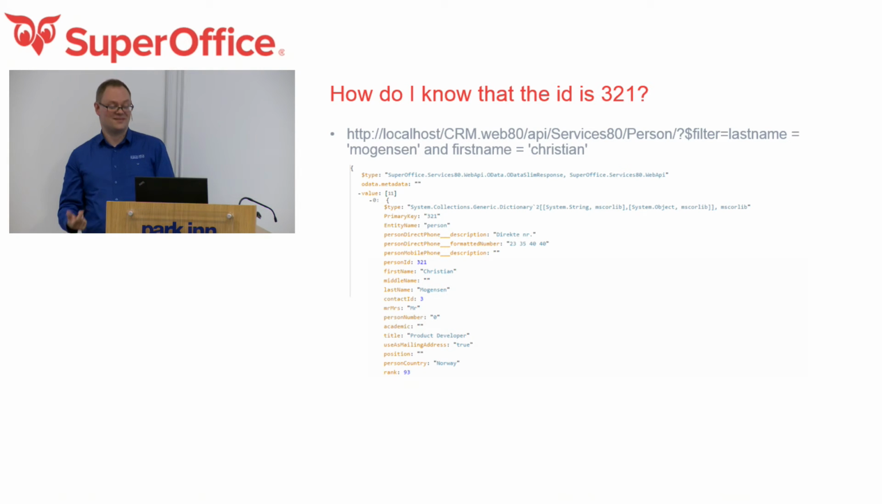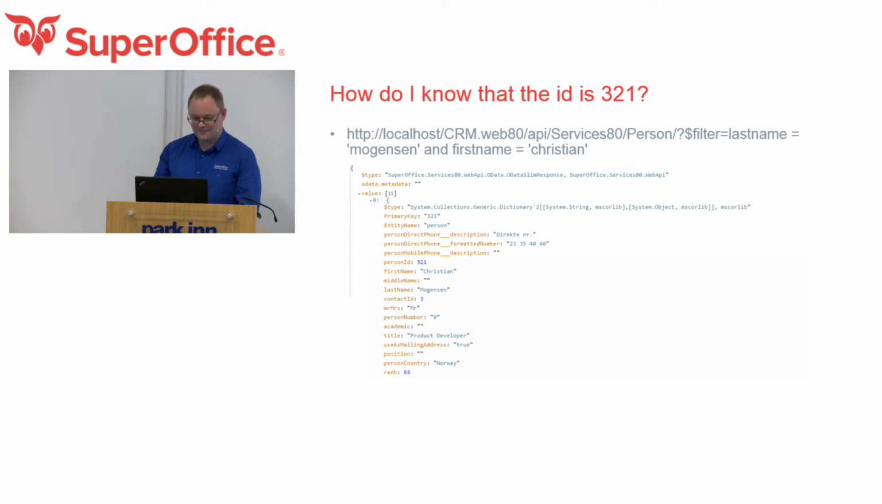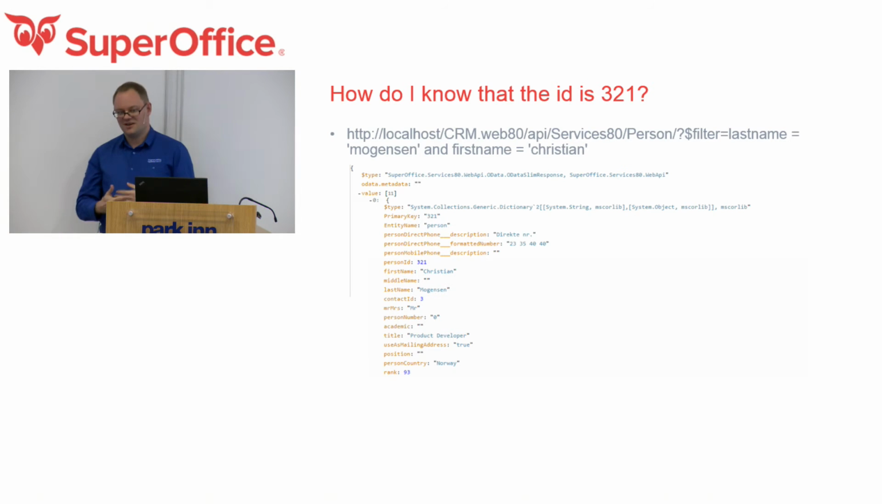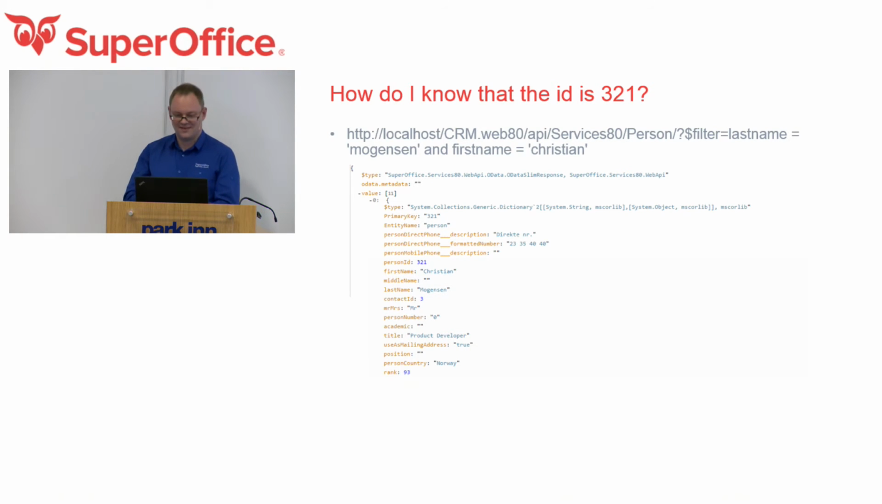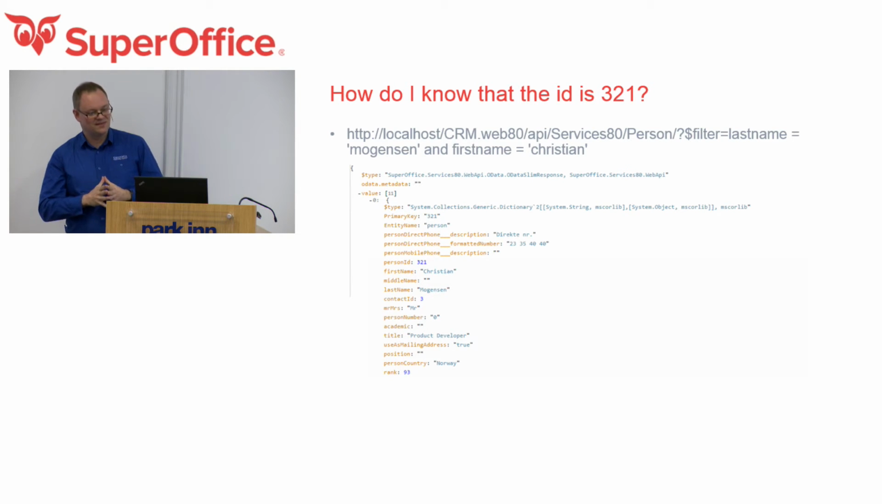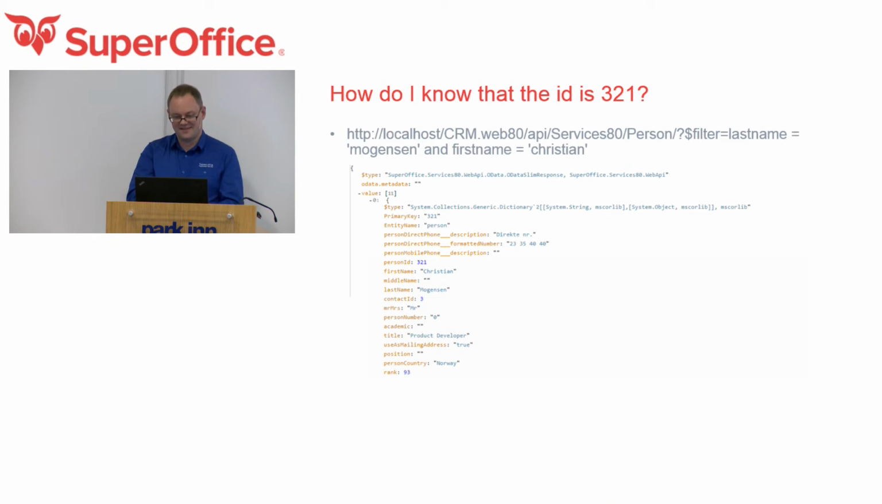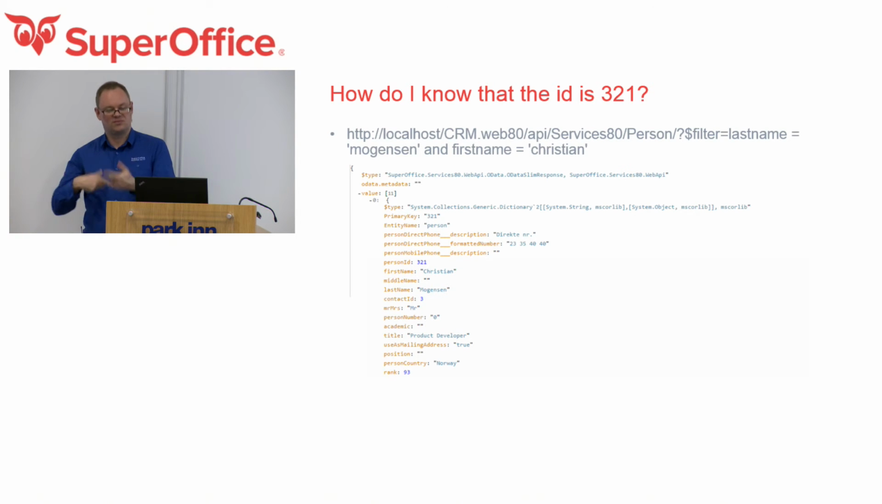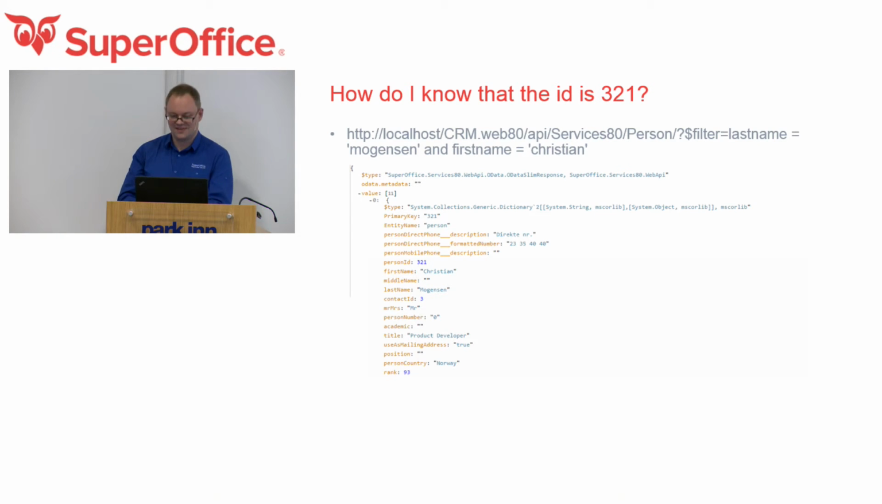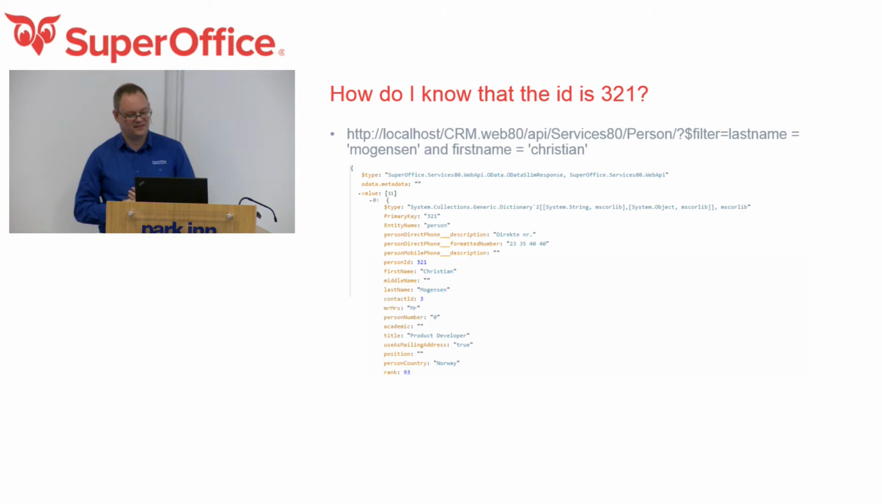But how did I know that I was person 321? The way I find that out is by doing a little search. So the archive providers are wrapped up as OData services. So we can say, I want to do a filter here. I want to say last name equal Mogensen and first name equal Christian, and it'll go off and do an archive provider query with those restrictions, and then return the result as a nice little list of